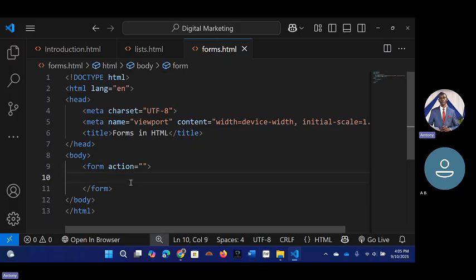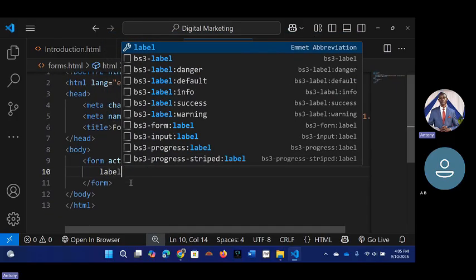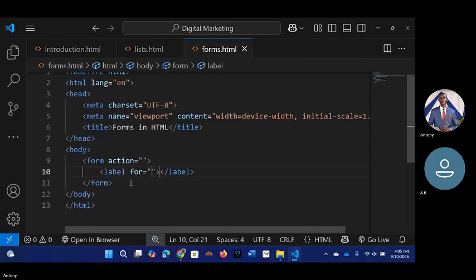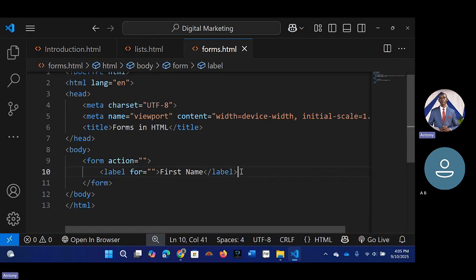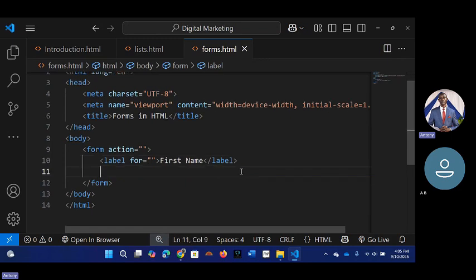Now we're going to start our form very simply by entering a label. Don't worry about the for attribute and all of that. Just move into the greater than and less than signs, and then we enter first name. We want to ask the name of this person.